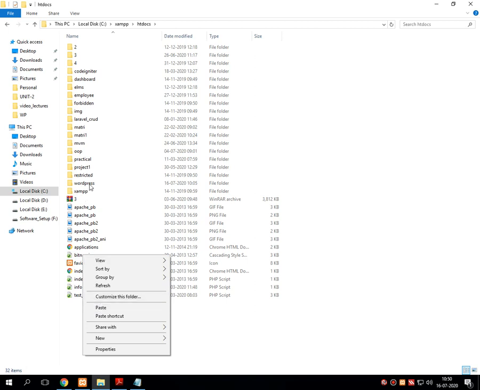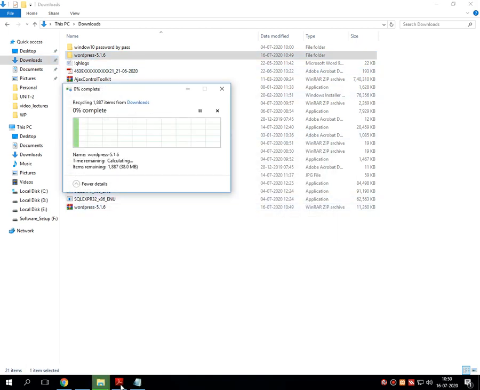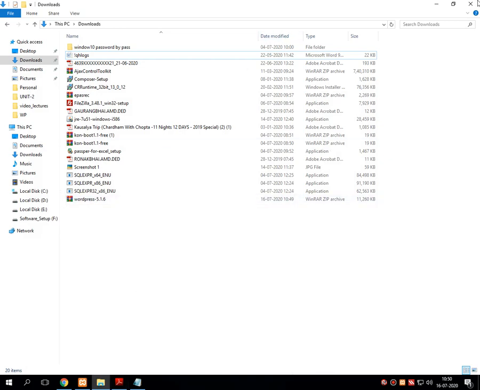It will replace the older WordPress files with the newer WordPress files. Benefit of doing this one is what? All the old settings of your dashboard will be continued into the latest version of WordPress. But I request again all the students not to go for updating the WordPress yet, either by single click or manual update, but we can do it later on.